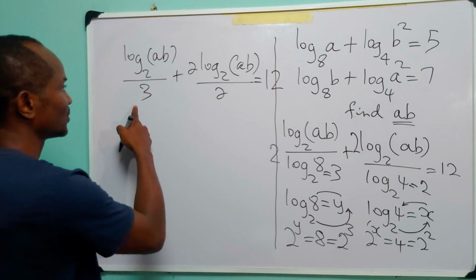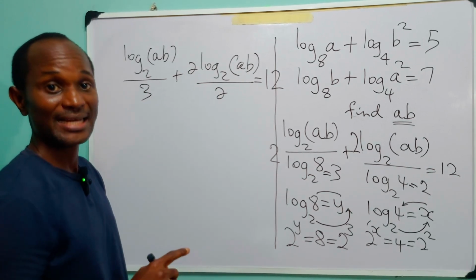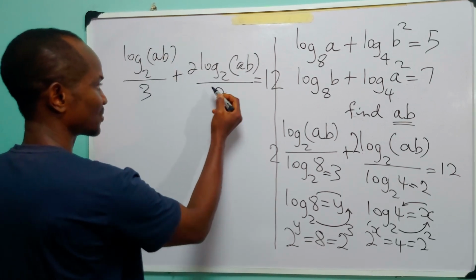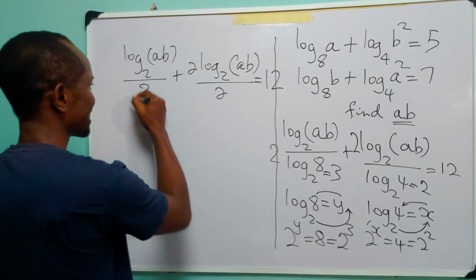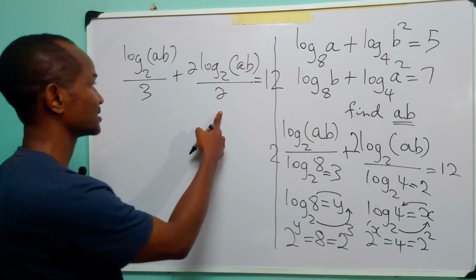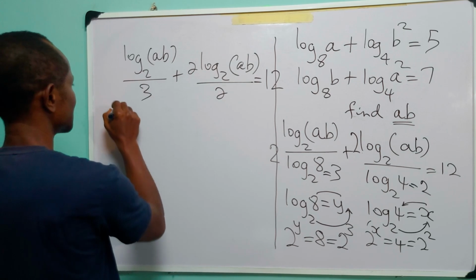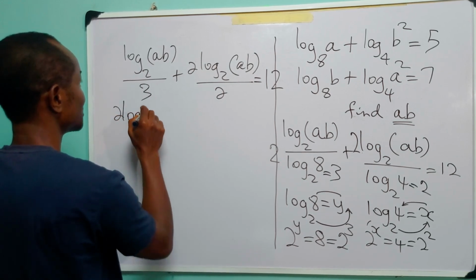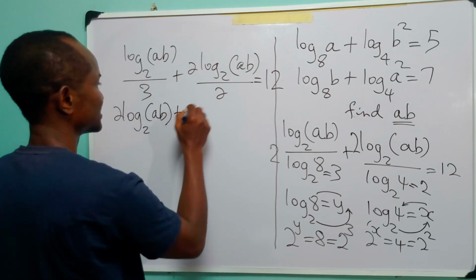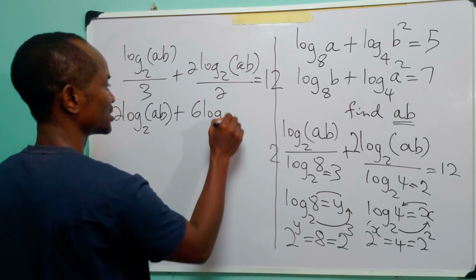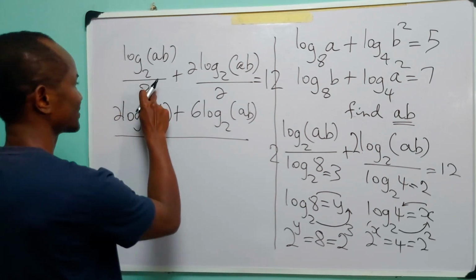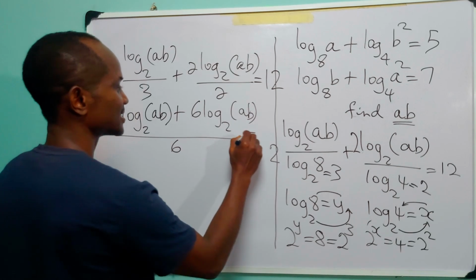12. We have two fractions. We need to combine them into one single unit, and we know how we do that. We multiply this quantity by this quantity. We write the plus. We multiply this quantity by this quantity. We draw the line. We multiply this quantity by this quantity. So what we have is 2 times this is 2 log to base 2 AB plus 3 times this is 6 log to base 2 AB divided by 3 times 2 is 6 is equal to